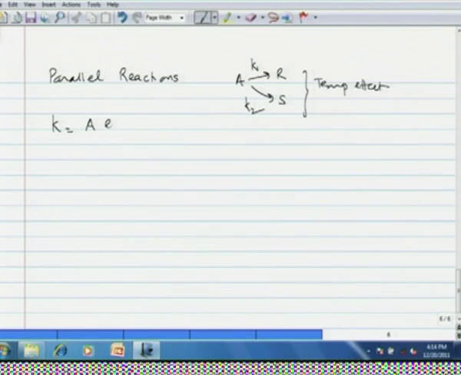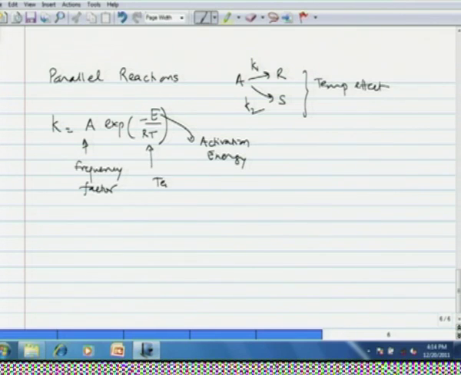Now, any rate constant can be written in this way, the Arrhenius equation, where A is the frequency factor, E is the activation energy,